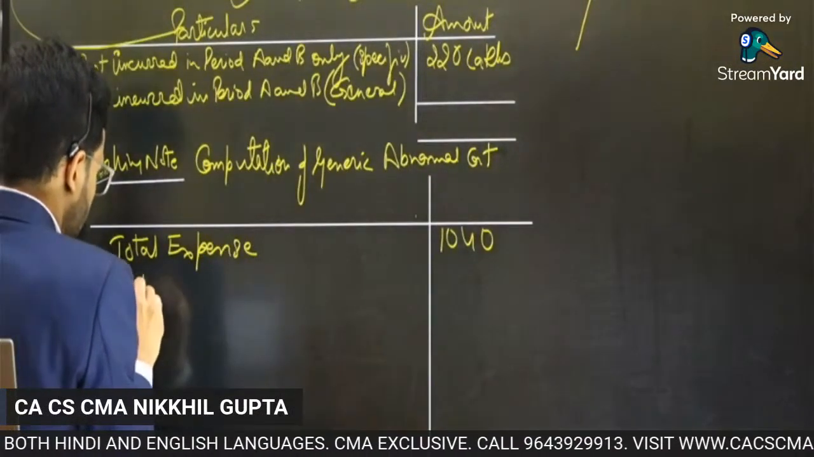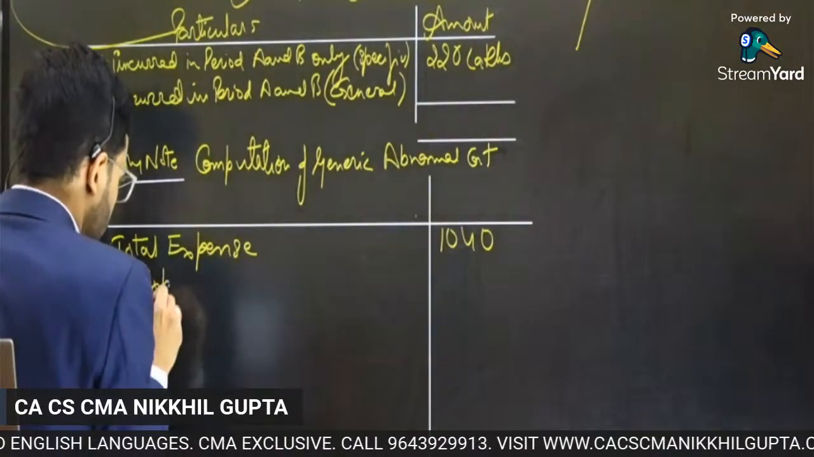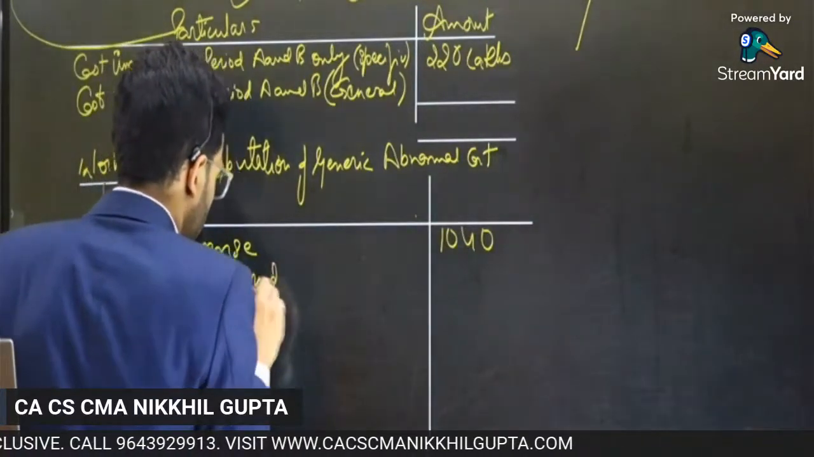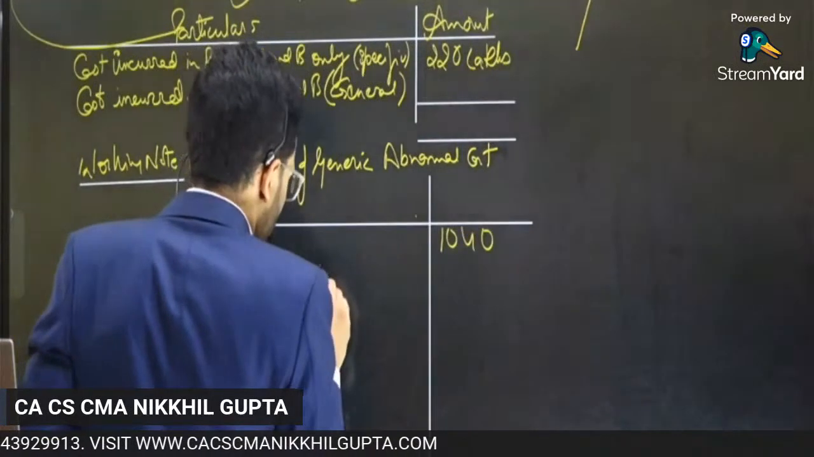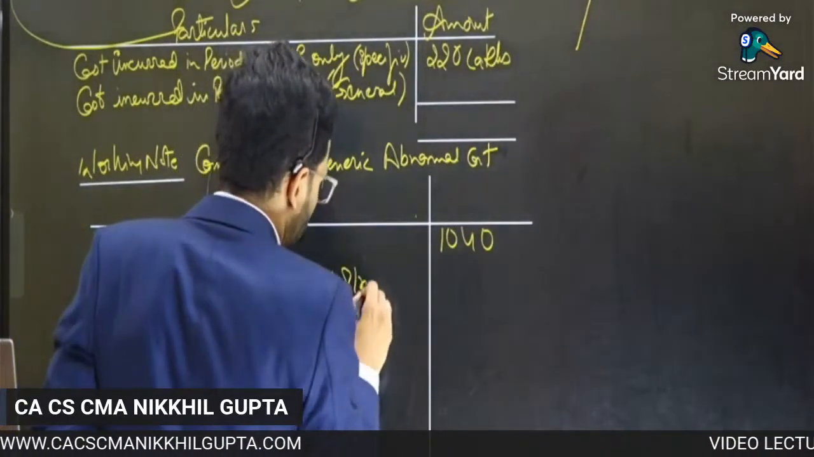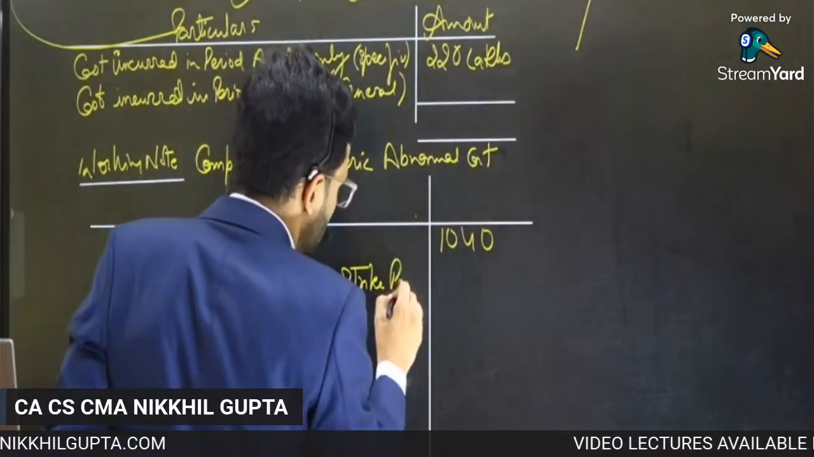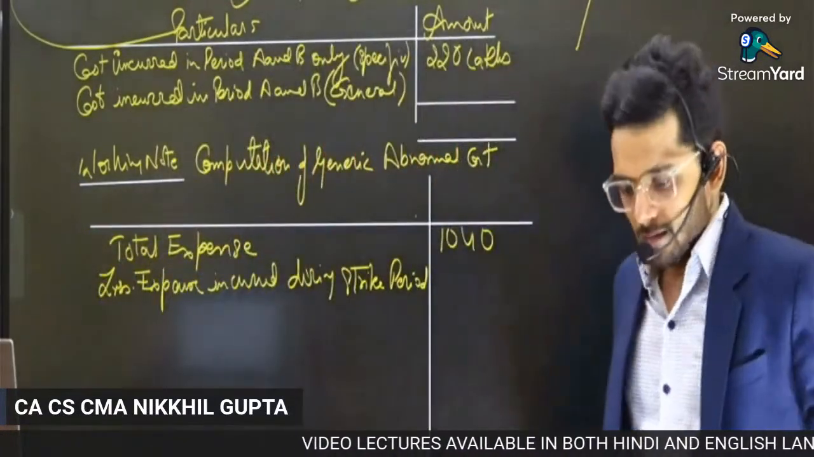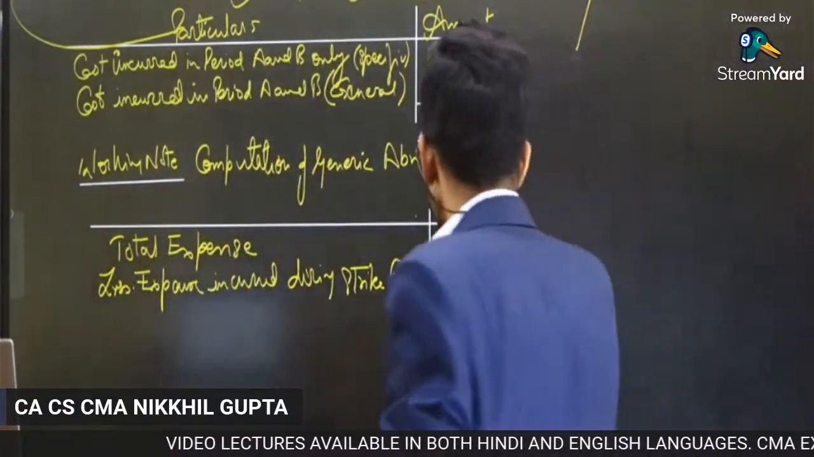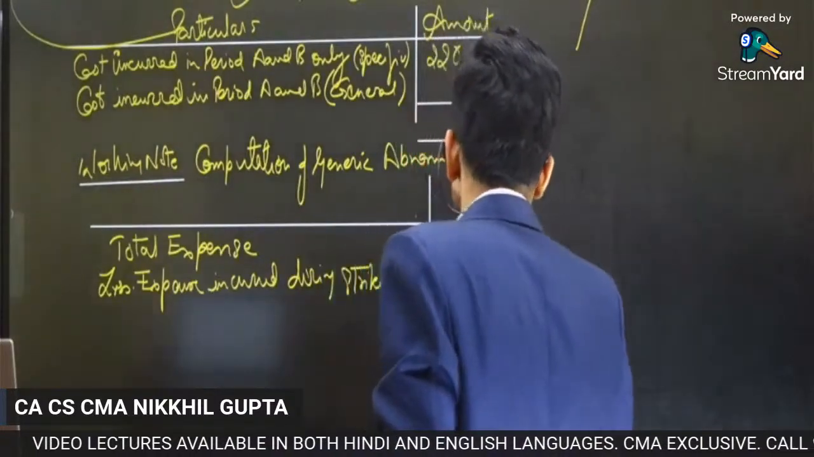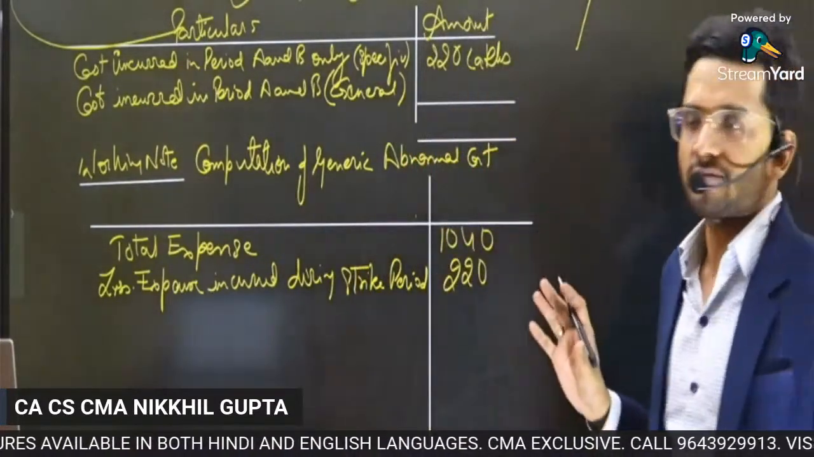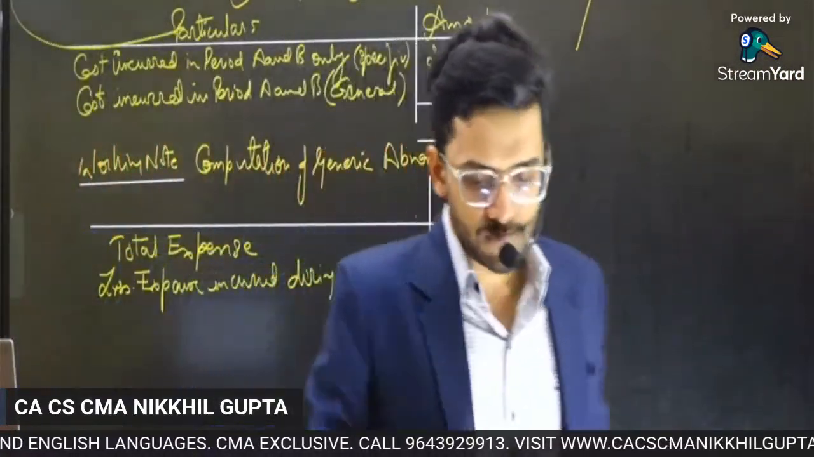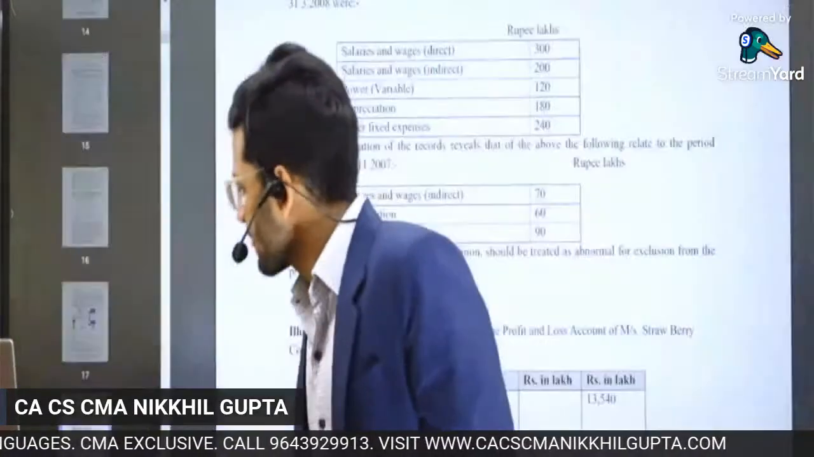Less: expense incurred during strike period. The first thing that I'm reducing is the expense which is incurred during strike period, because that has already been taken into consideration. So I'm reducing 220 lakhs from this particular amount, 1040. Okay, sir, perfect. All right. Now,